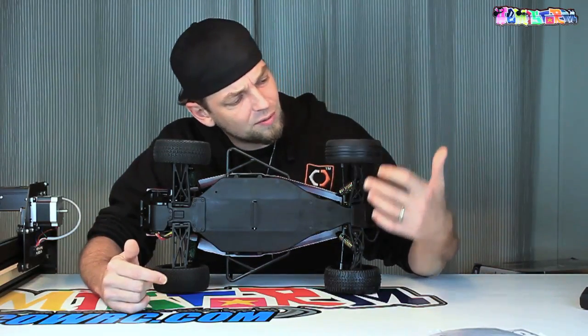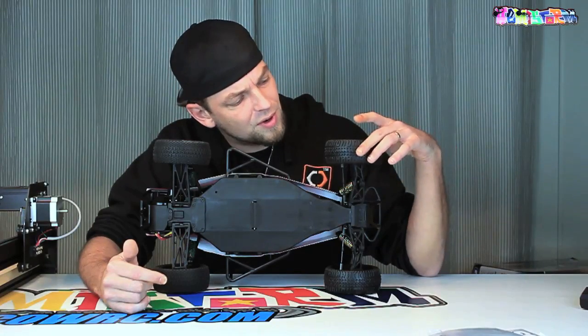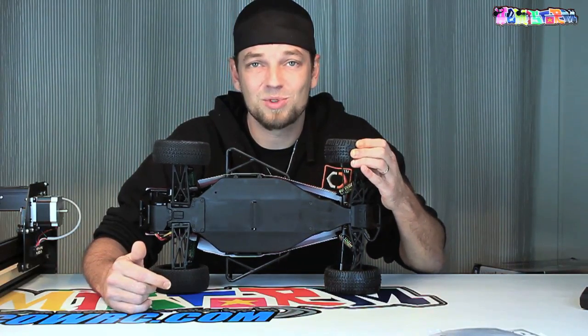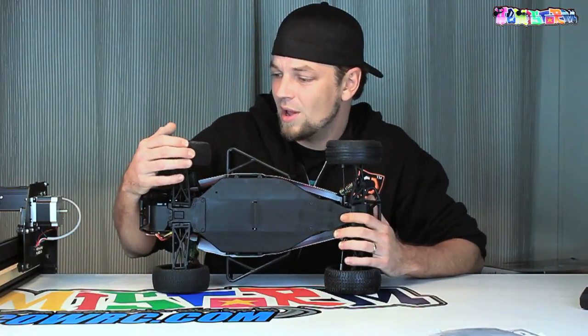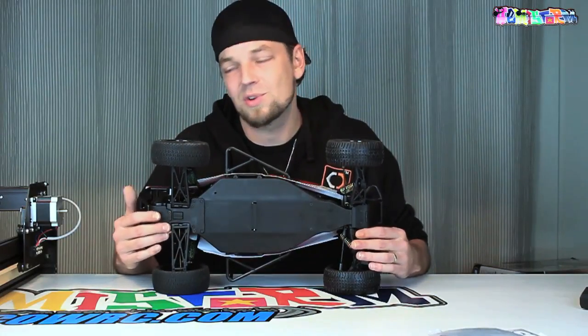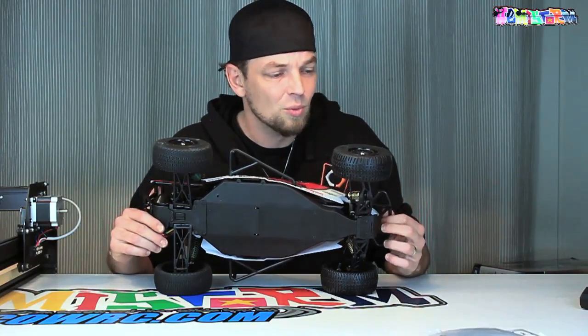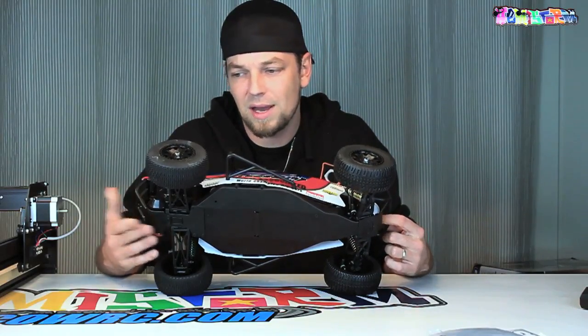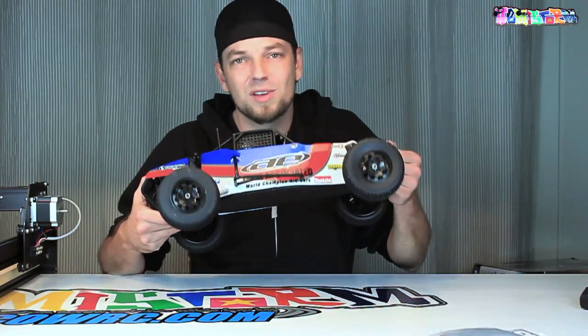So you have sort of like a regular short course tire in the front, which seems to be unreasonably hard when it comes to the rubber compound, and then you have like a pin tire in the back of a softer compound. I'm pretty sure there is a reason behind all of this. I, for one, cannot figure it out. So for me, these wheels and tires are coming off and they're going to be replaced with a couple of pretty cool looking trenchers most likely, or I don't know, maybe I'll go a different route, but some Proline tires